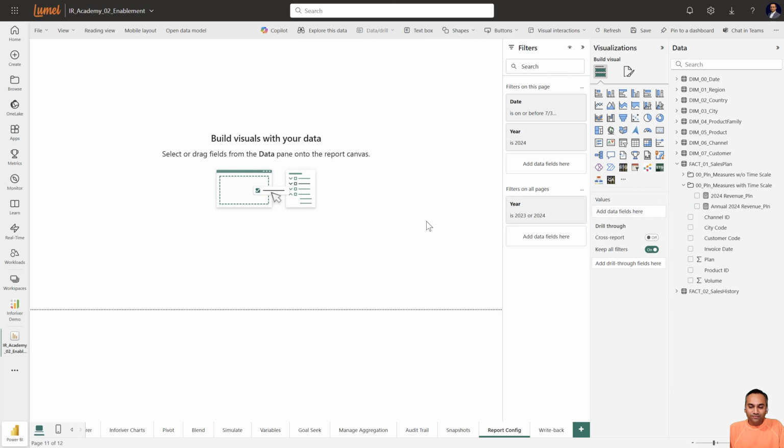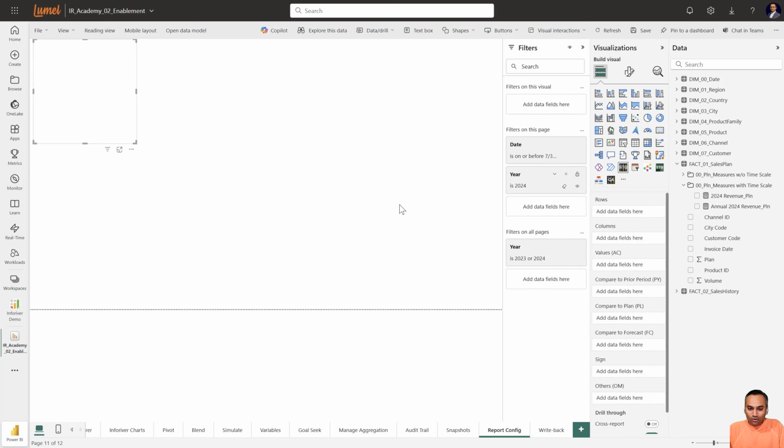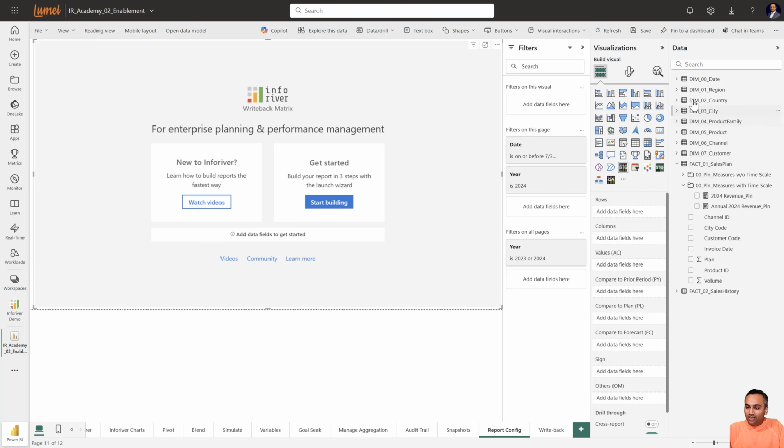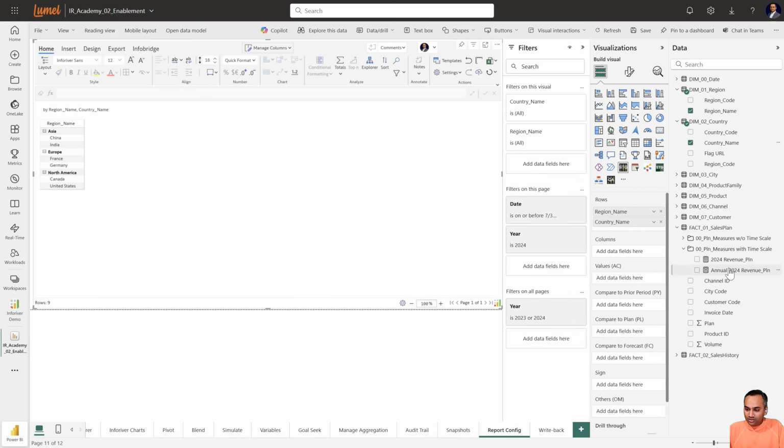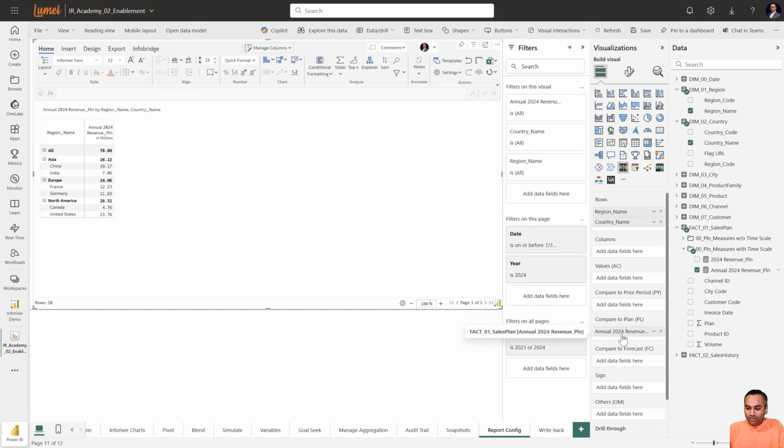So now let us forcefully remove this. Now I've lost the report. Not to worry, I'll create the same report again. So I'll click on my visual, Inforiver Writeback Matrix, and expand it to the canvas. I had my region. I had my country. I had two measures. In the plan bucket, I had Annual 2024 Revenue Plan. And in my actual bucket, I had this measure,